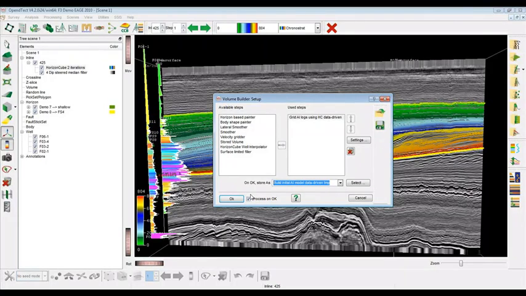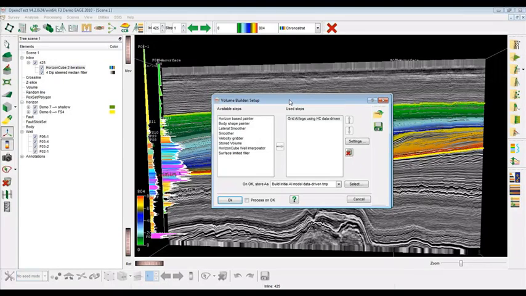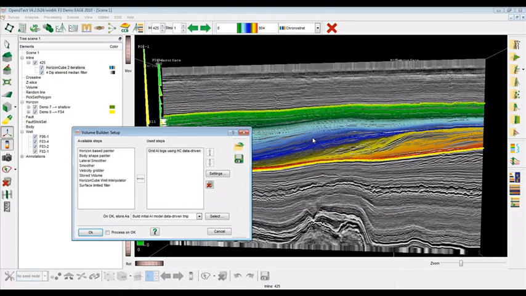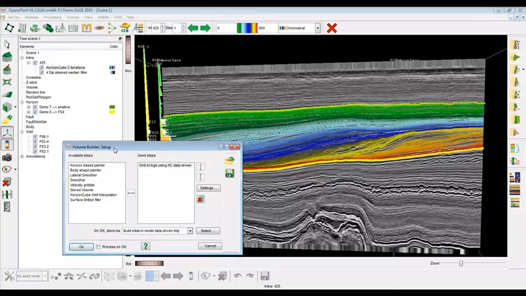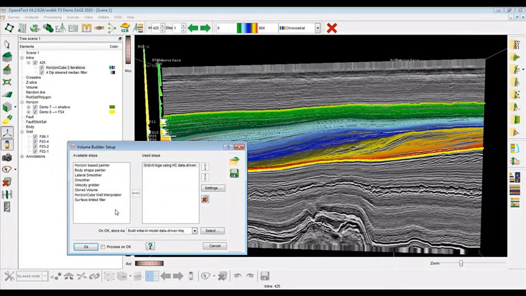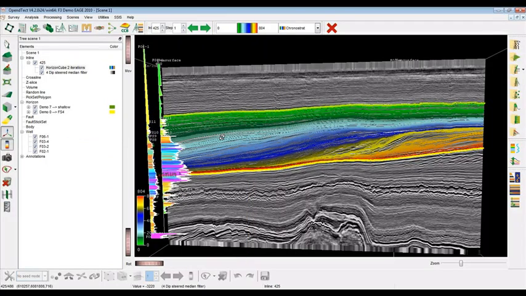Now I may go directly to batch processing if I leave this option on, process and OK, but for now I would like to apply it on the fly on a number of key inlines to have an overview of how the gridding is performing. It is very important to do if you have doubts on the synthetic to seismic well tie quality, for instance. So I've toggled off this option. I'll press OK. This will save the setup on disk and load it in memory for application